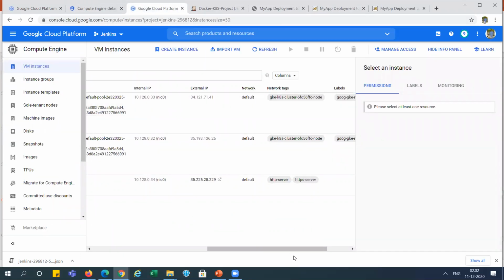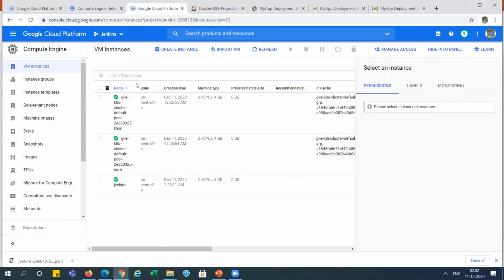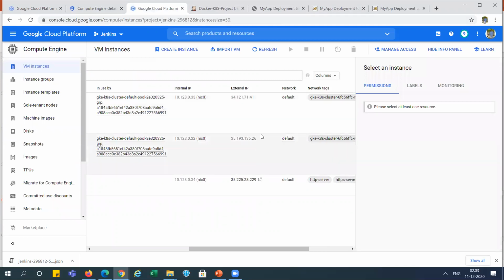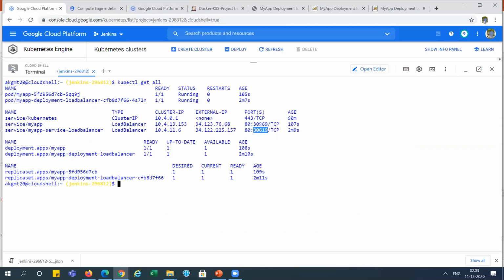We have two nodes over here, so we can use both IPs, and we have two applications deployed, so we can use any one of these servers. We will get the same result, right?